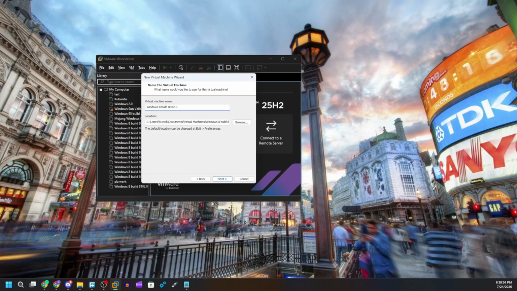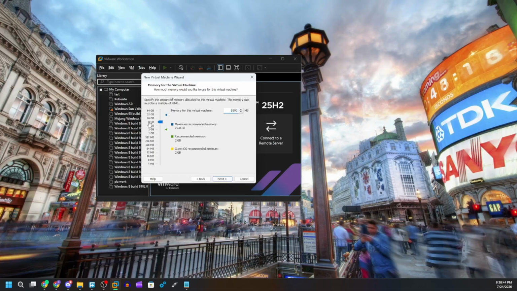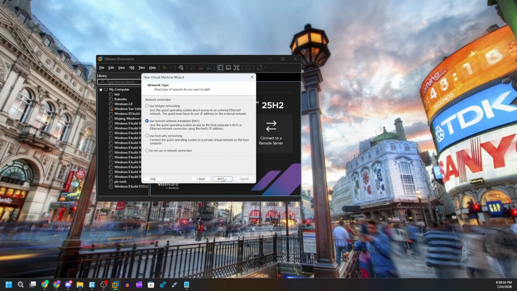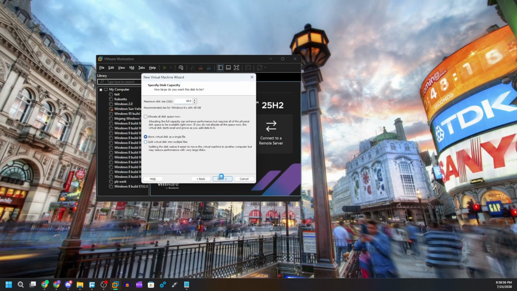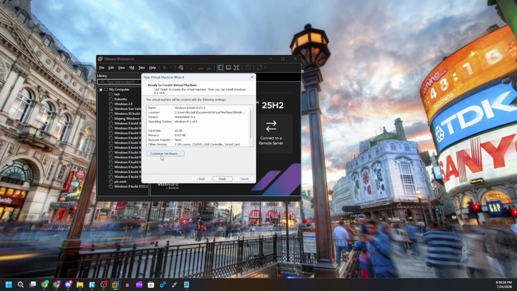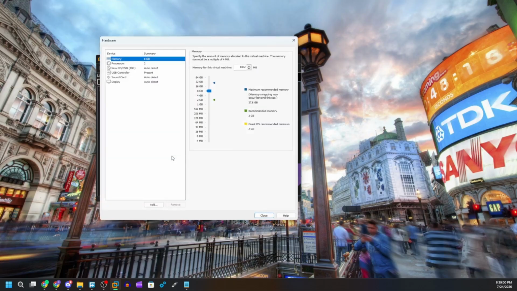We're gonna do BIOS, give it 2 CPU cores, give it 8 gigs of RAM, because yes, this is an AMD 64 only build, so yeah, pretty nice. We are going to not use a network connection, SCSI, 60 gigs, create,